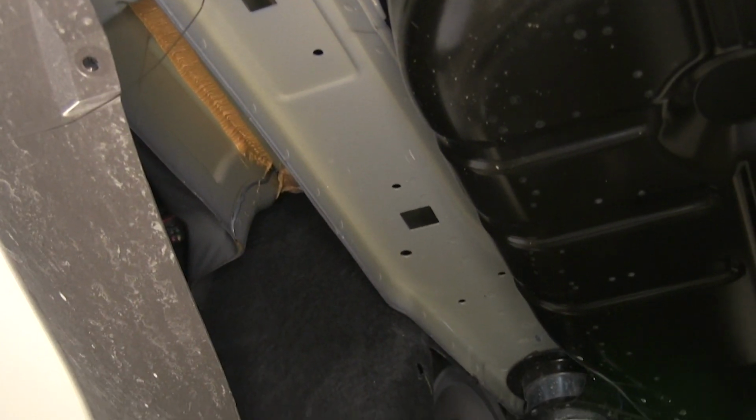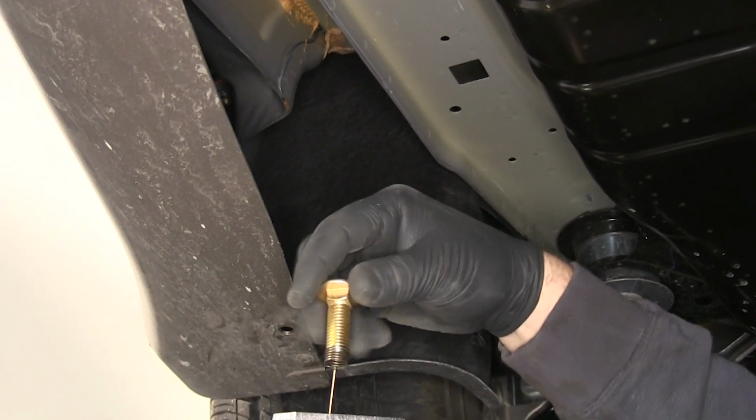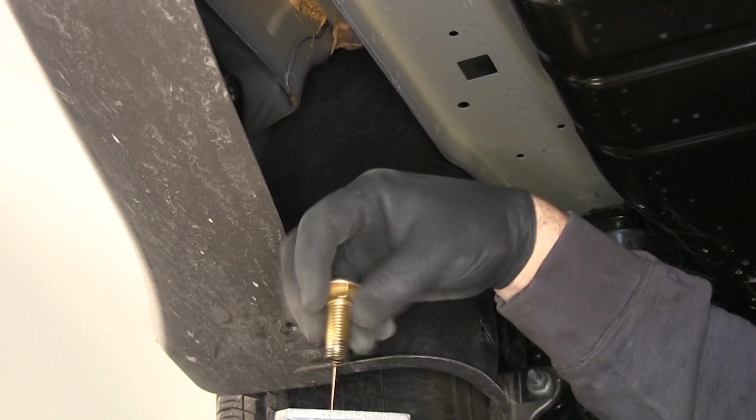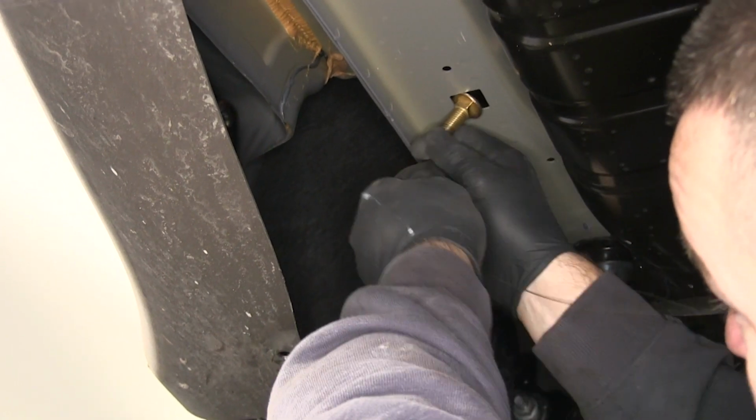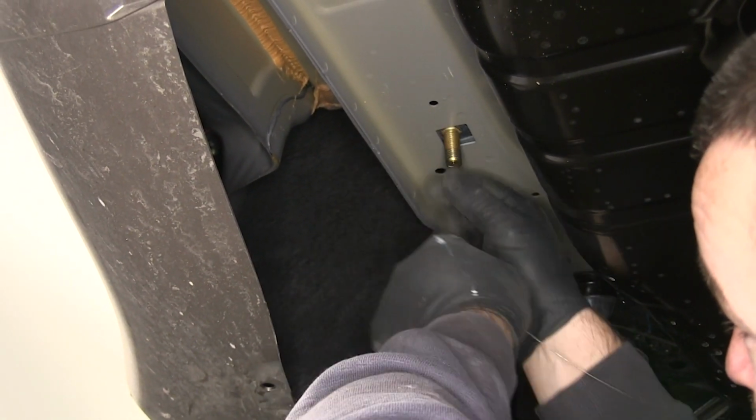For this back one, we're going to be doing what's called a reverse pull. First, we're going to put on our spacer block, then we're going to thread on our bolt. Then we're going to feed the bolt first, then we're going to follow this with the spacer block, just like